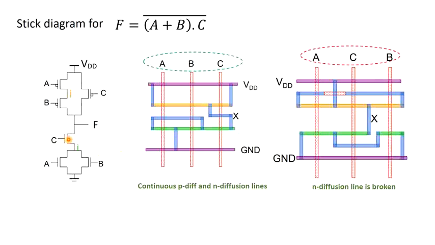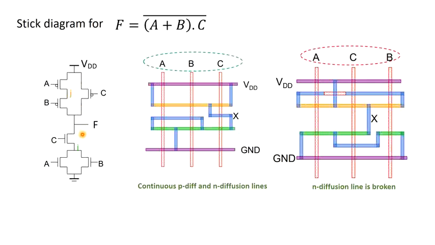Now the other terminal of C has to be connected with both A and B. This is already connected with A, and now this terminal has to be connected with this terminal of B. The other terminal of B is grounded. The other terminal of A is also grounded. So we have now cross-checked that the connections shown in this stick diagram match that of this circuit.